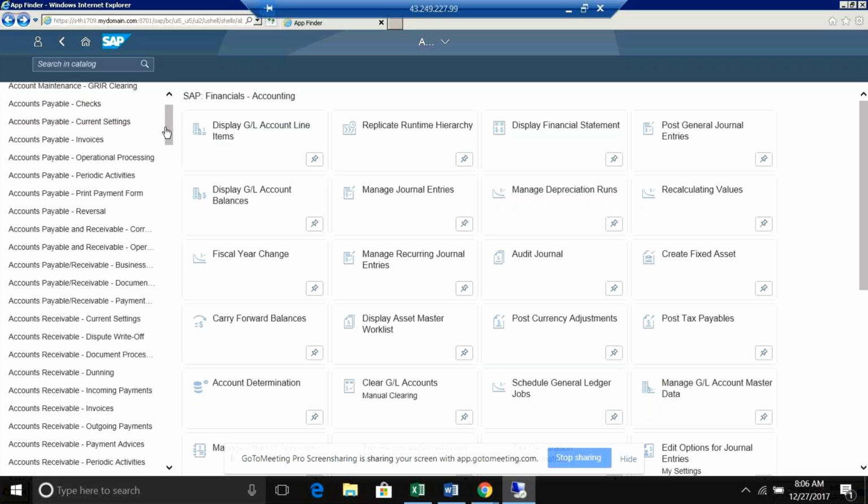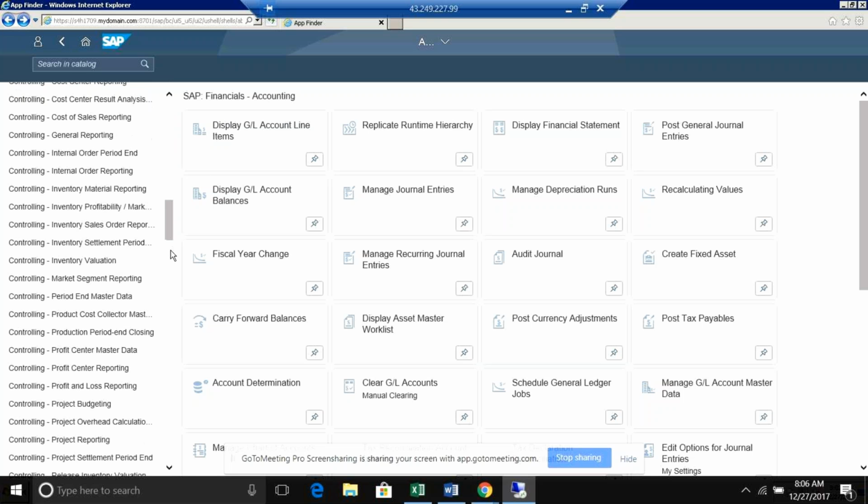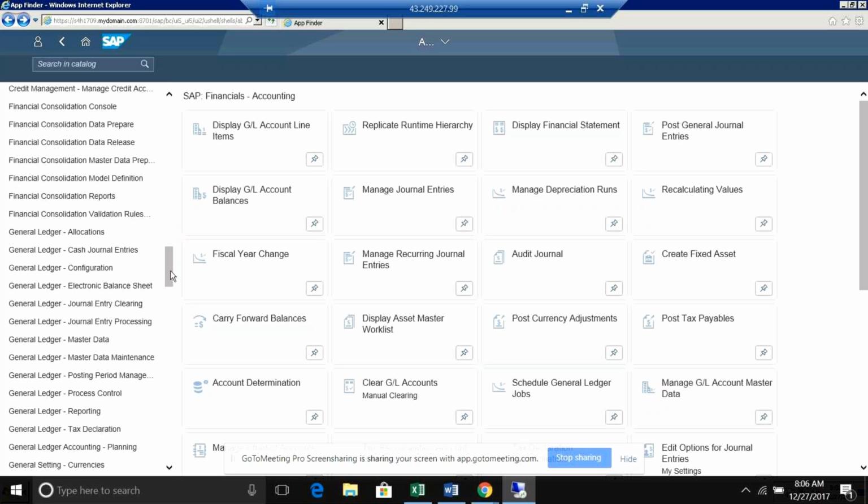So these are all relevant for general ledger accounting, and under general ledger accounting you can see all the relevant general ledger apps here. General ledger cash journal entries is all the postings, general ledger configuration.